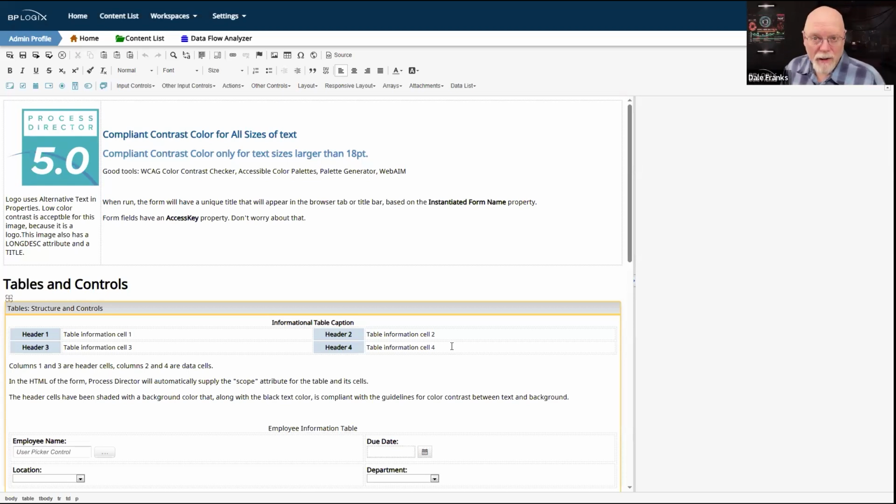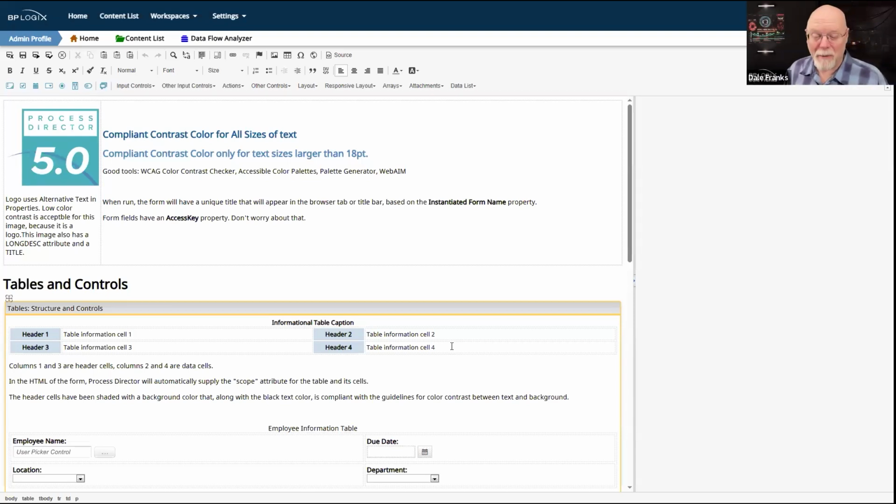A lot of the accessibility is built into Process Director. However, well, certainly for responsiveness, there's a lot of responsiveness built into the way that we display forms to end users, and it's forms, of course, that end users largely interact with in Process Director. The other accessibility elements are on you as the designer to implement. And so that's what we're going to talk about today, what you can do to implement these accessibility standards.